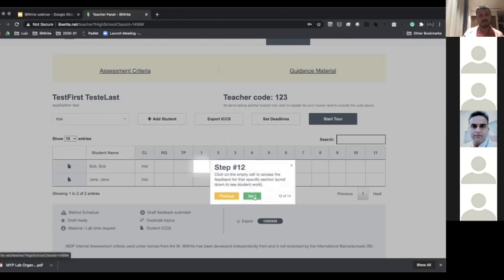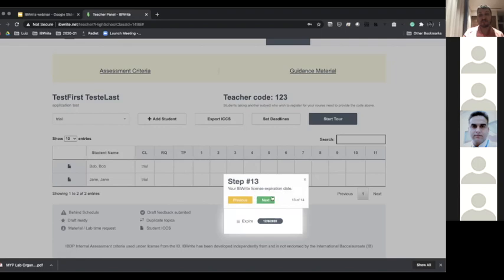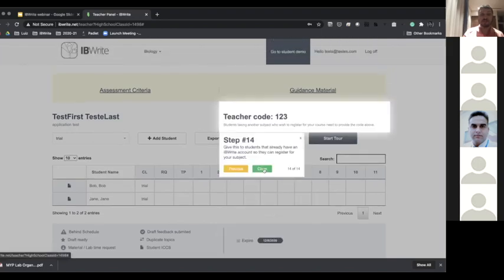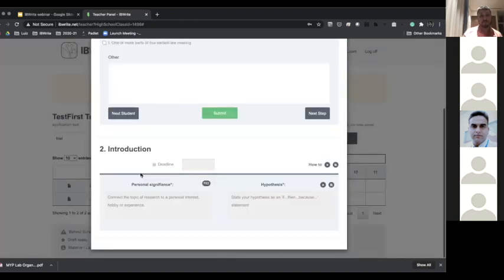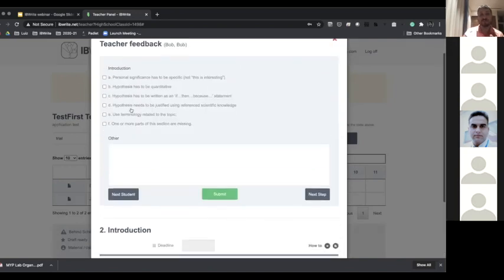If you click on one of these boxes, you'll get what the student has actually written, right? So if I click on number 2 here, you'll see the part of the writing that the student has done. And it also gives you a chance to give feedback. So each section has a preloaded list of feedback, as well as the option for you to add your own